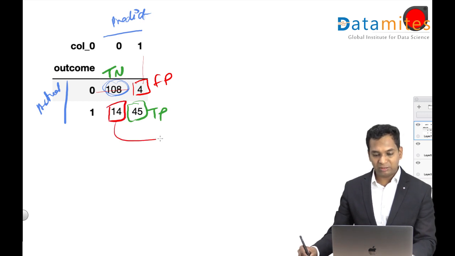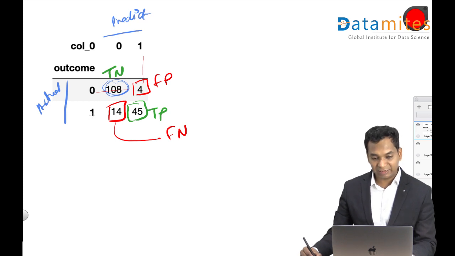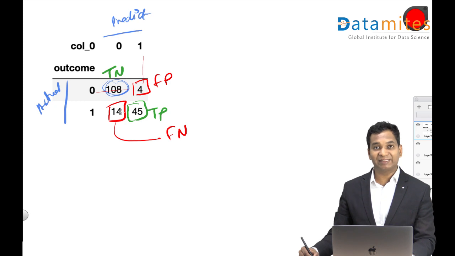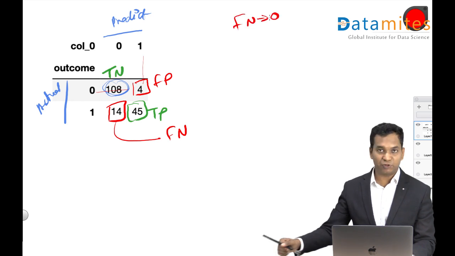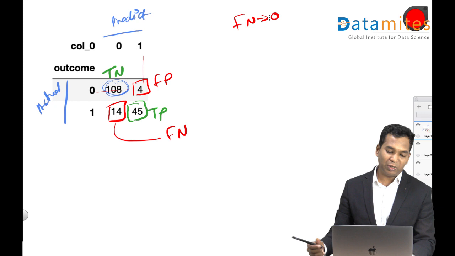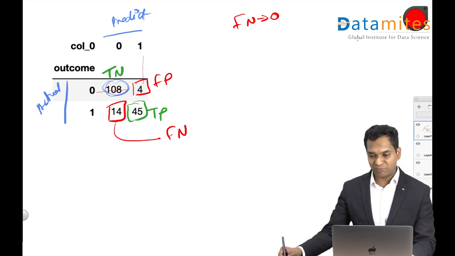Take this one, false negative. This is dangerous because these are cancer patients being predicted as non-cancer. So basically, they will not take the treatment, and that's a very dangerous situation. Ideally, in this case, I want to reduce my false negatives to 0. Okay, but if you really see how this has been classified,